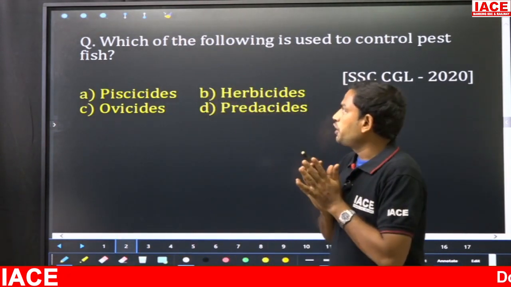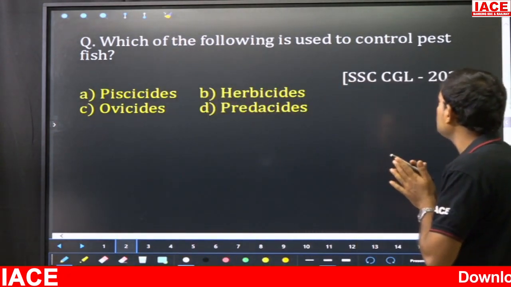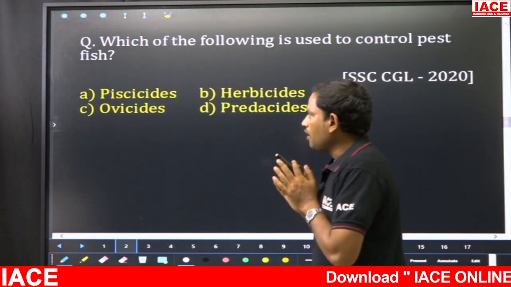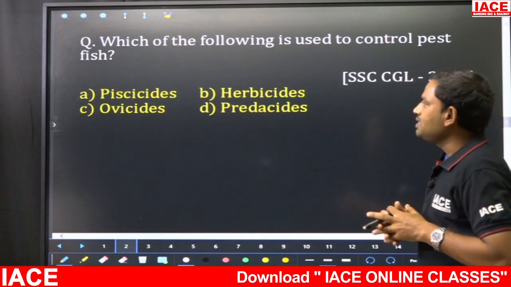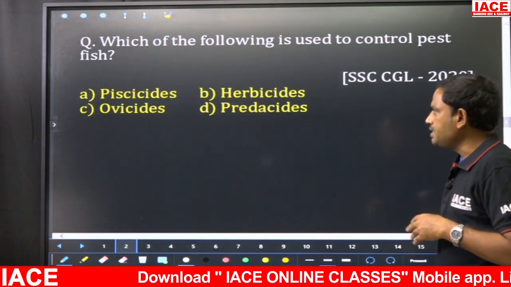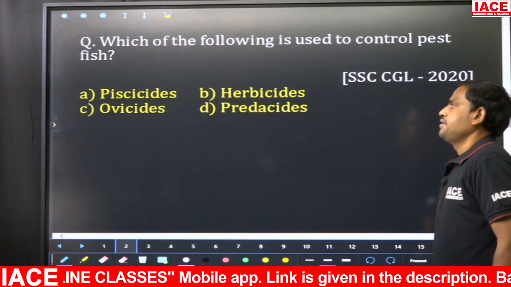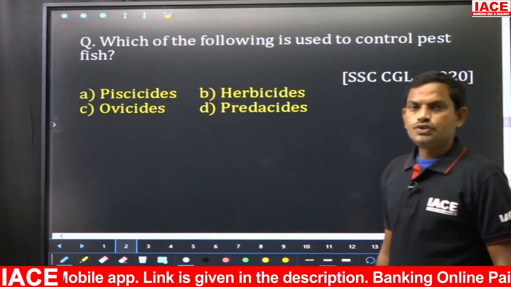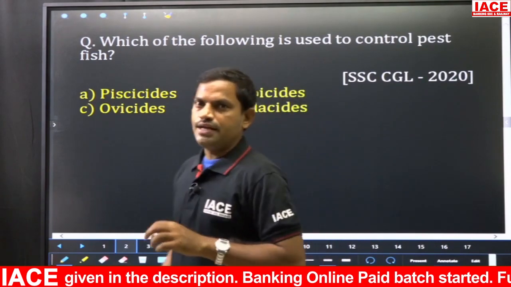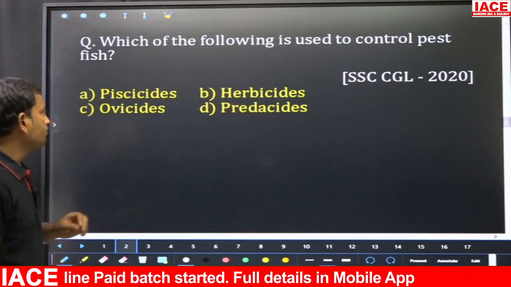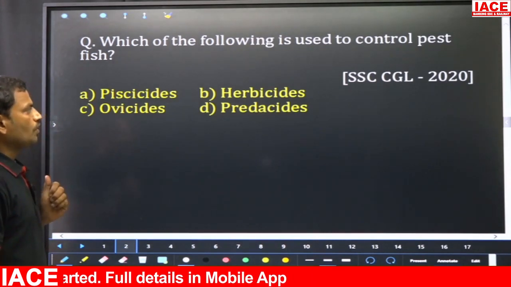Now, if you take the question, which of the following is used to control pest fish? So, if you take the options, option A, pesticides, option B, herbicides, option C, ovicides, option D, predicides. So, these are the options given here. And this question was asked in SSC CGL 2020. Now, if you take one by one here,